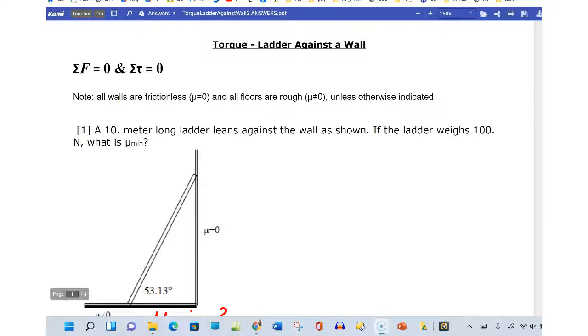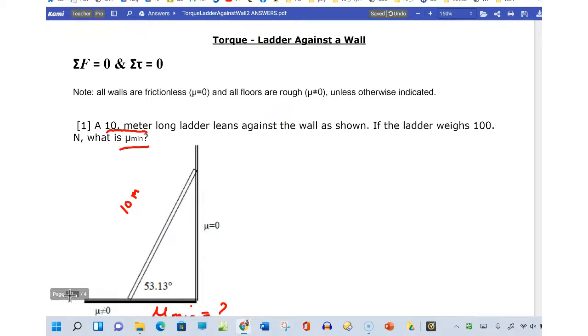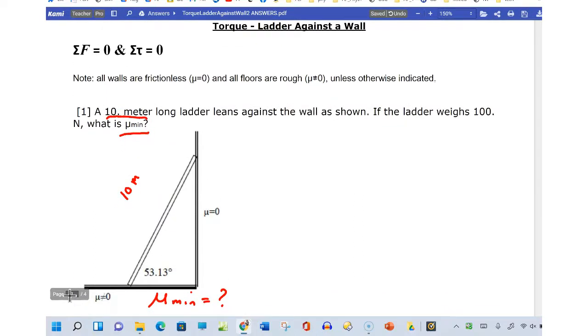So here's another one of those torque problems that at first won't look like a torque problem. It's a ladder leaning against a wall on a floor. It's 10 meters long. And what they want you to find out is the minimum coefficient of friction for this ladder, between the ladder and the floor. The ladder weighs 100 newtons, so